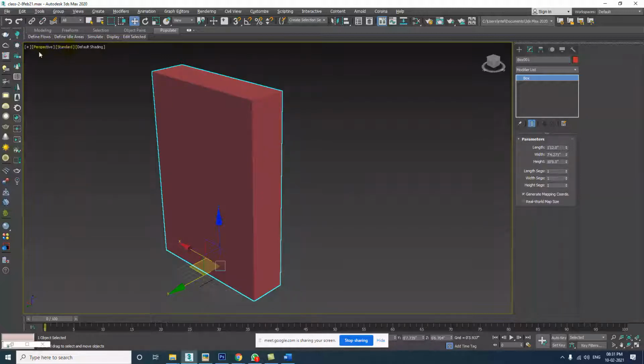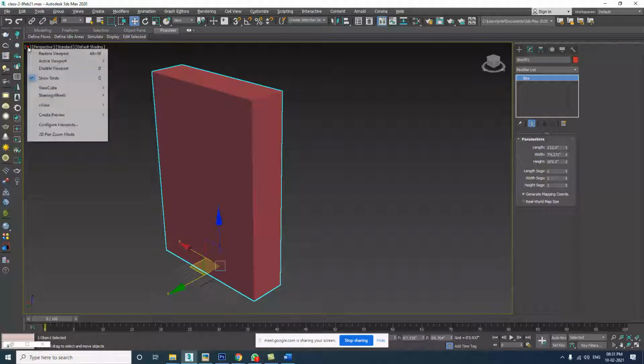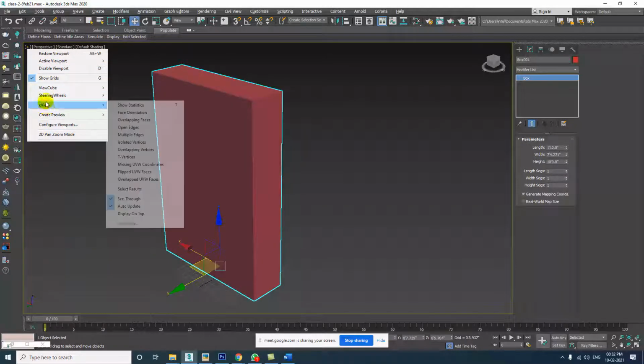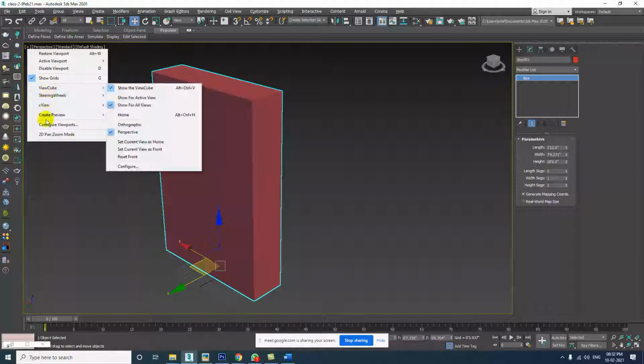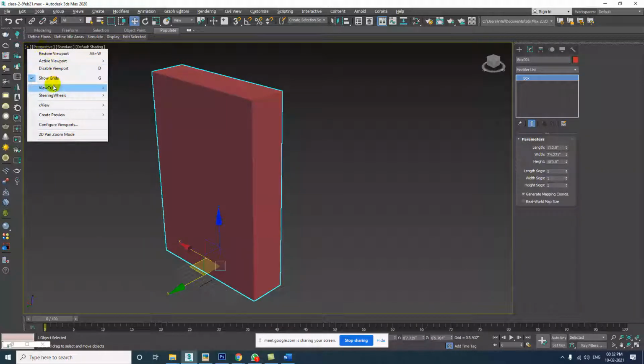Just left click on the plus sign, and you will see restore, that is Alt W, already given a restore, meaning go back to the natural default view. Activate will go later on because this is a little bit advanced, so we will work on this later on. Just consider Alt W as of now. In future I am going to explain other things also. Active viewport: here you see perspective viewport is ticked, which means this is the perspective viewport.